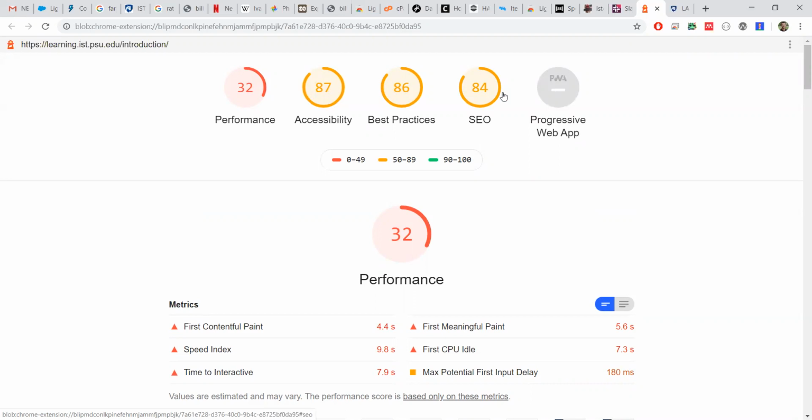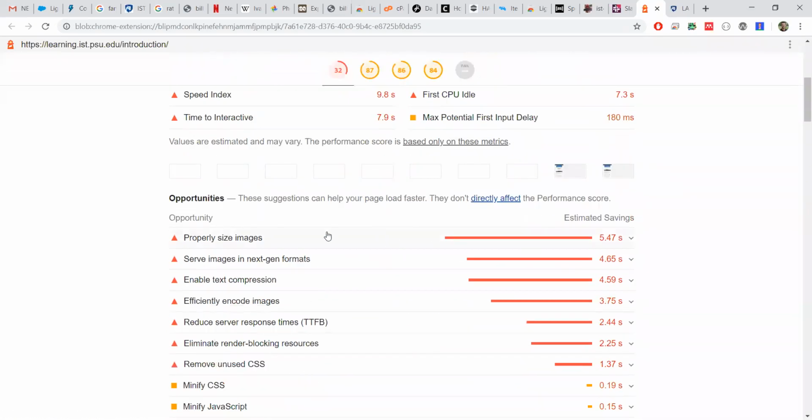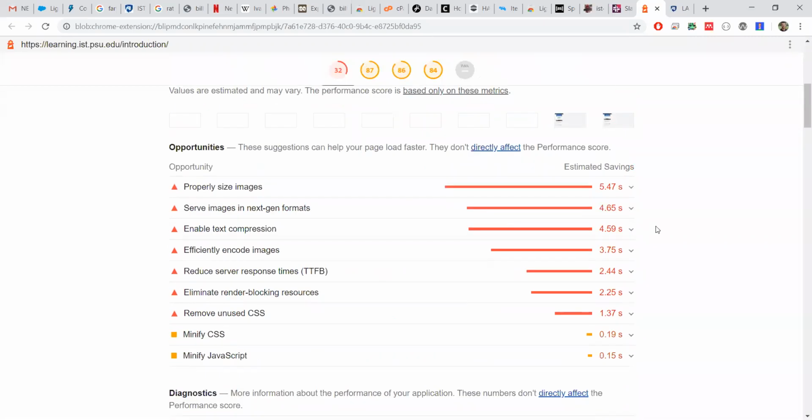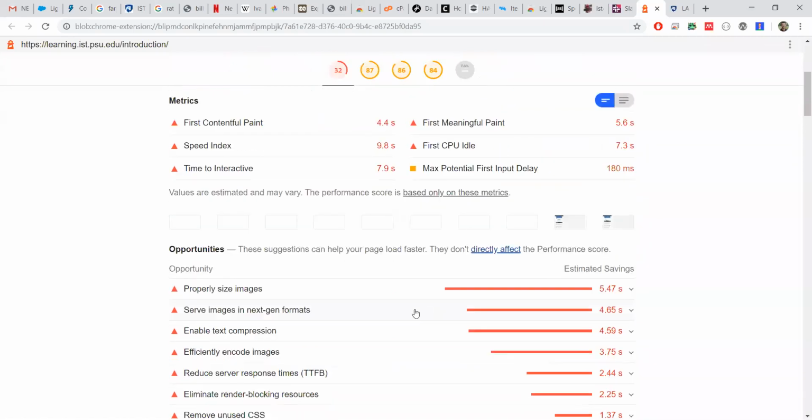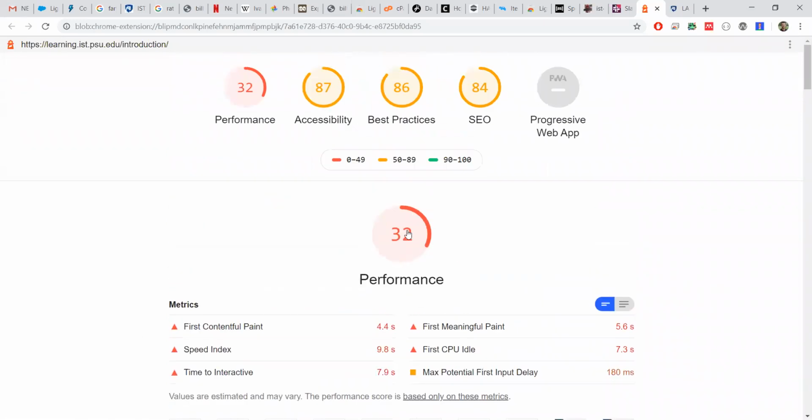accessibility, best practices, SEO. We can see right here that here are some suggestions for improving the time to load, improving the time to make the content interactive, and also some estimated time savings if you rectify these kinds of suggestions that they're making, where you can maybe get some performance back on the website, because a 32 is pretty, we'll put it in the lowest category for this tool's auditing